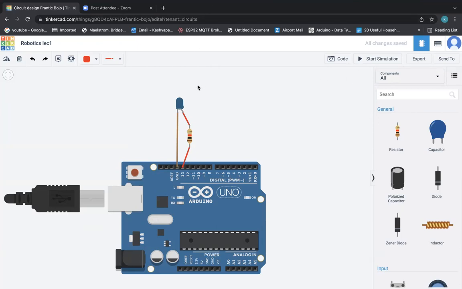Sorry? Pin 13, we can use only pin 13? No. We can use 13, 12, 11, 10, 9, 8, 7, 6, 5 until this 2. I didn't code, but I connected those small blocks. All right, from blocks. Okay, so I'll explain how to do that using code, okay? Using coding.